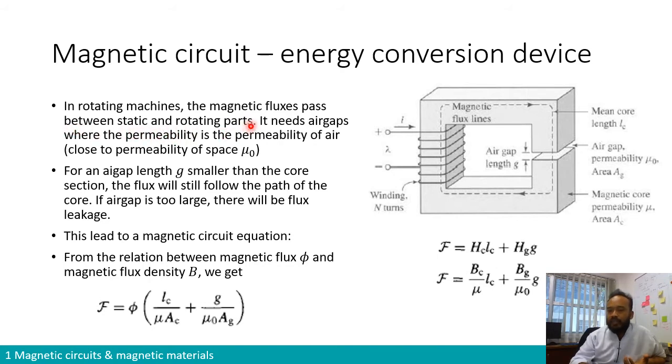and rotating parts. So imagine if you have a motor, what happens is you have a coil that will be fixed into a certain part that we may call a stator core, but the magnetic flux will also be channeled into another part that will be moving, that we would call the rotor. So in order for the magnetic flux to pass from a non-moving part to a dynamic moving part, it needs